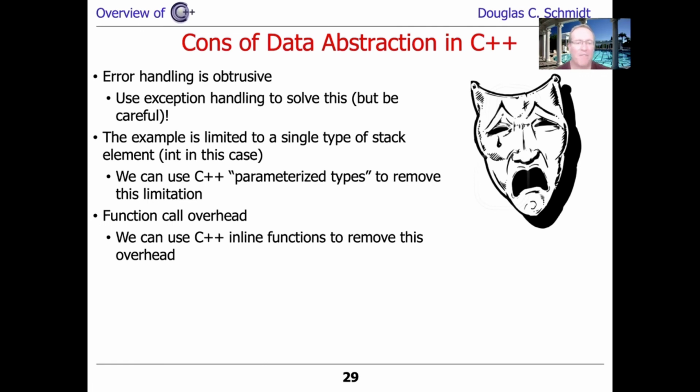And then the other problem we have here is we still have function call overhead. So we had all these function calls everywhere, and we have not properly used yet C++'s wonderful ability to do inline functions. So we'll talk about inline functions later, especially when we talk about parameters, because you usually don't have a choice. They get inlined no matter what, oftentimes. So this gives us a good sense of the pros and cons of the early generation of C++ features for